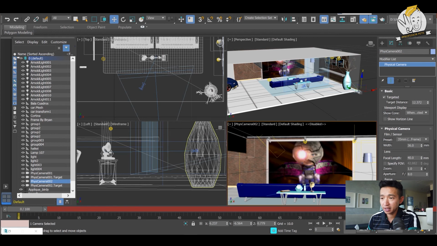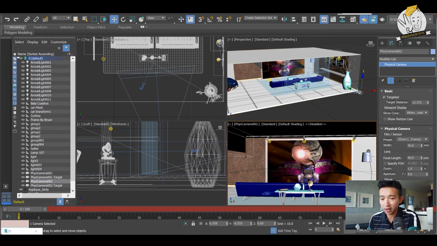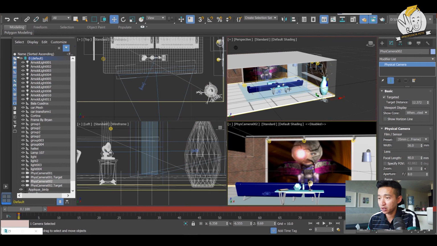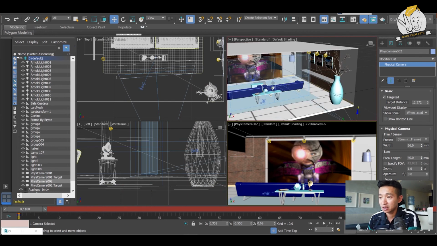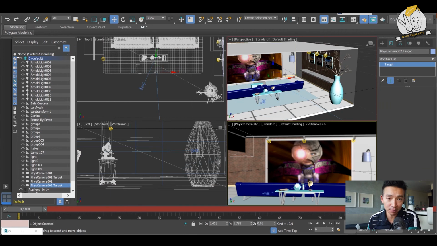But I'm going to go ahead and go to that camera, and I'm going to say that this is what I want. So I'm going to hit S on the keyboard, and that creates a keyframe there. This is going to be really useful, and I'll show you what I mean by this, because we can have it render out 5 to 10 frames. Every frame is a different camera position. So that's going to be really useful for us, so that way we don't have to sit and tell 3ds Max to render when we can just have it render a number of frames, and it's all different